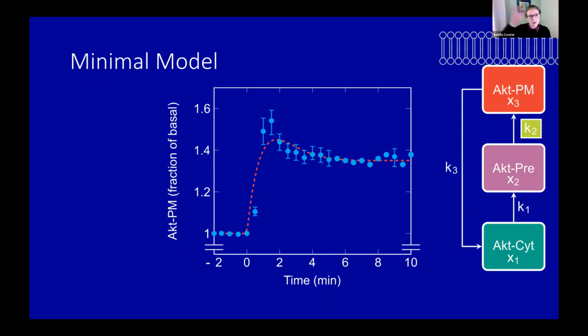Of course, it's a cycle, so I could choose which rate I might change, but the minimum thing I have to do is change something. So I alter, as a step, my rate of release, this K2 here, from this primed pool to the underside of the membrane into the TERF zone by making K2 change. And it's not a bad description of the system, but it clearly misses something at the start. It doesn't look like this system really rises back where my model is, but rather a little bit later.